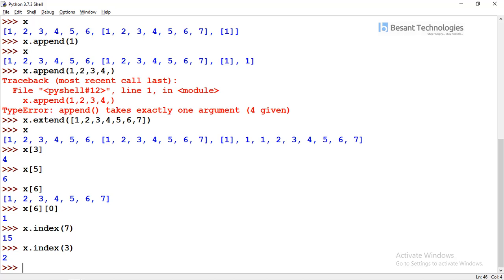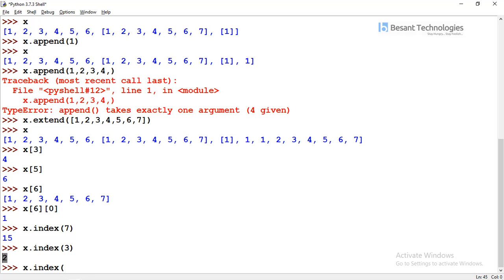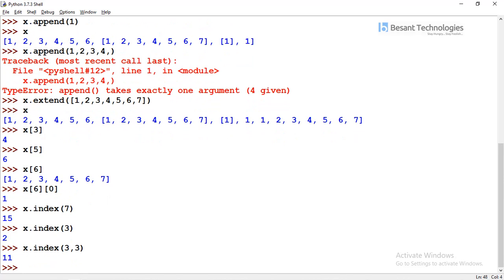In case you want to know the index position of this other 3, what we can give here is x.index, and this index is already in the second location. So I am just giving 3, and now the 3 will be found from the third index position, so 11.